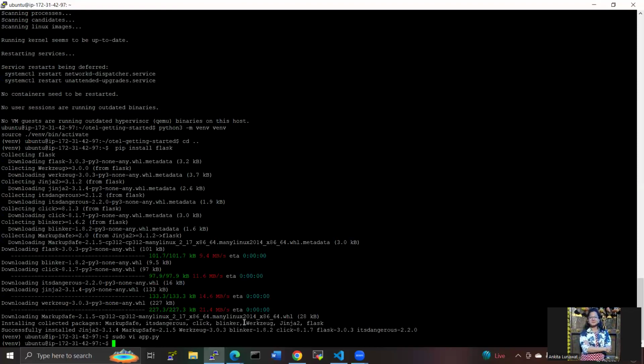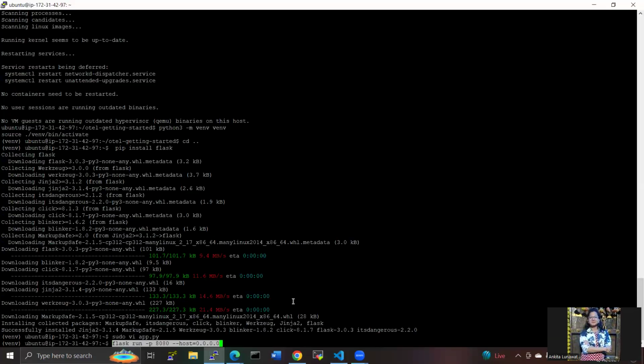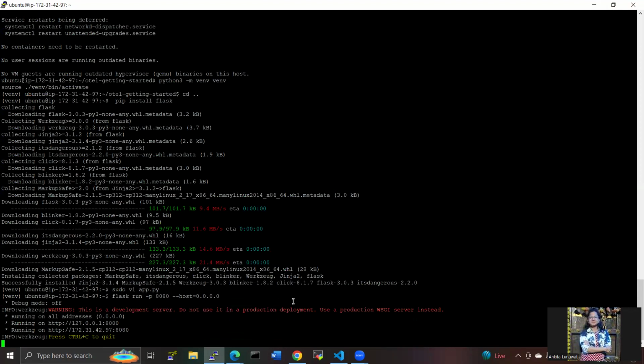Save this file, and now we have to build and execute this with the help of this environment. Copying and pasting. Yes, we have successfully